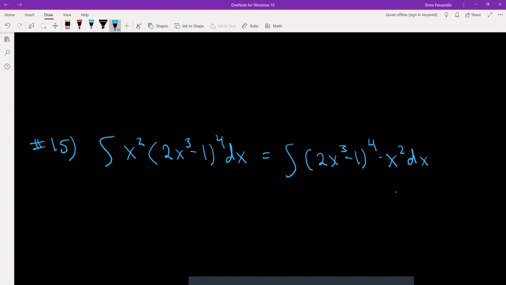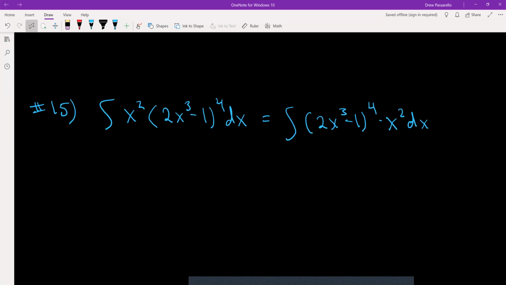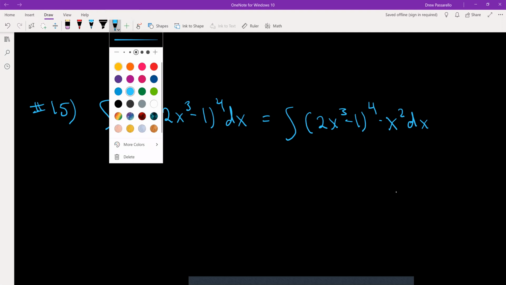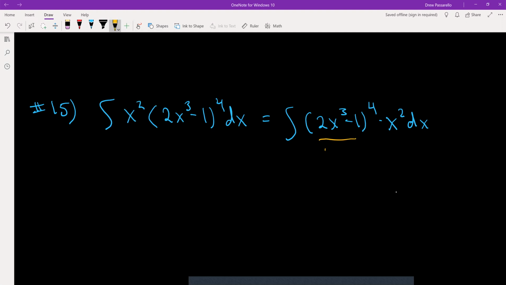Because multiplication is commutative, I can switch the order around. That way, to me, it's maybe a little bit more obvious. I'm going to let this portion be u, and essentially I want to find some kind of derivative so that this will involve du somehow. So if I let u be 2x cubed minus 1,